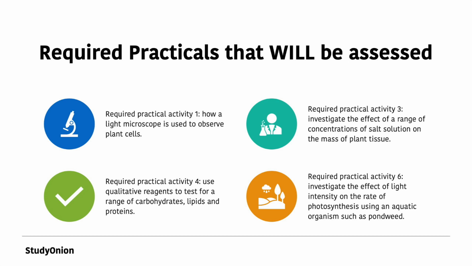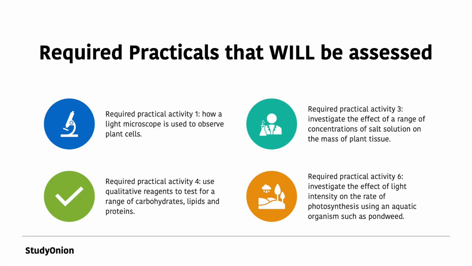Activity 4, use qualitative reagents to test for a range of carbohydrates, lipids, and proteins. And finally, required practical 4, which is investigating the effect of light intensity on the rate of photosynthesis using an